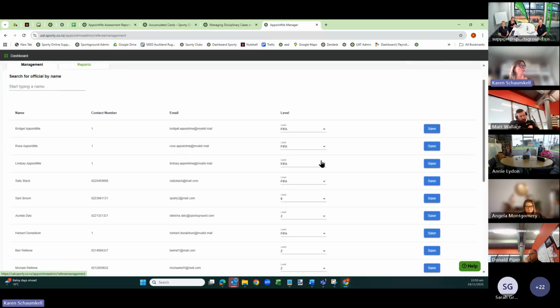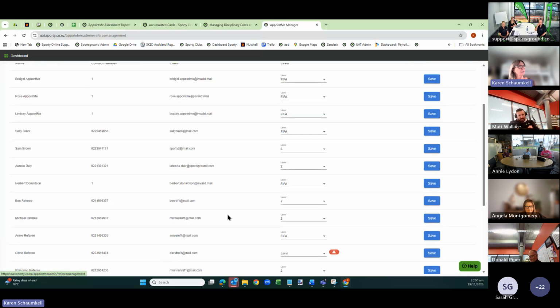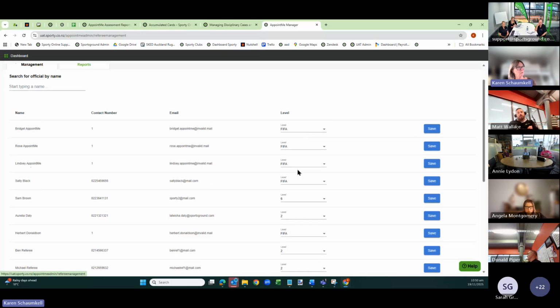This is where you will decide the level of each of your officials by setting it in this column here, and then it will marry up with what we've just discussed in the levels of each role required for each particular grade. And as Mike mentioned, it doesn't mean you can't assign someone that's not of the desired level. It just means that it's going to give you the most efficient way to appoint officials that are of the level that you'd like them to be.